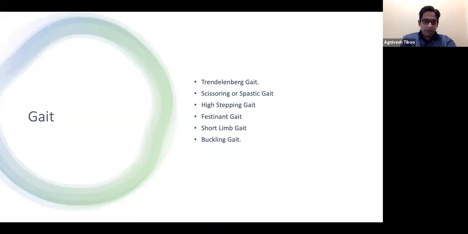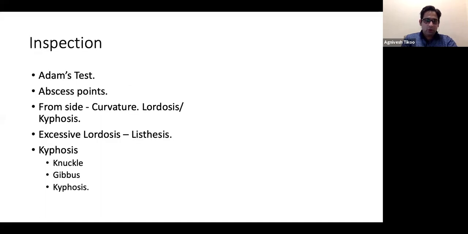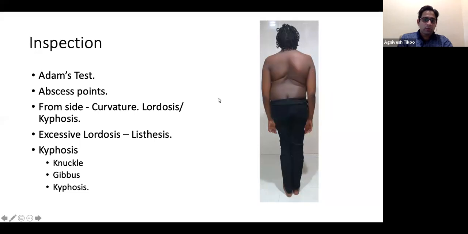And if you have upper lumbar radiculopathy and your knee is weak, then you may have a buckling gait. The patient's knee tends to buckle whenever he walks. Whenever you examine the patient, you also make him bend forward. That also clears a lot of things, and this is called the Adams test. In the Adams test, when you bend forward, you can see the hump very clearly.